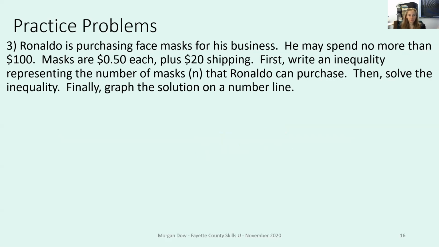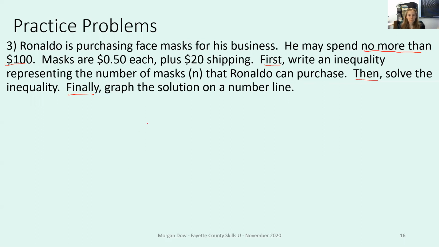All right, number 3. Ronaldo is purchasing face masks for his business. He may spend no more than $100. Masks are 50 cents each plus $20 shipping. First, write an inequality representing the number of masks n that Ronaldo can purchase. Then solve the inequality. Finally, graph the solution on a number line. So we have sort of a 3-step problem here. We got to write an inequality, we got to solve it, and then we got to graph the solution with